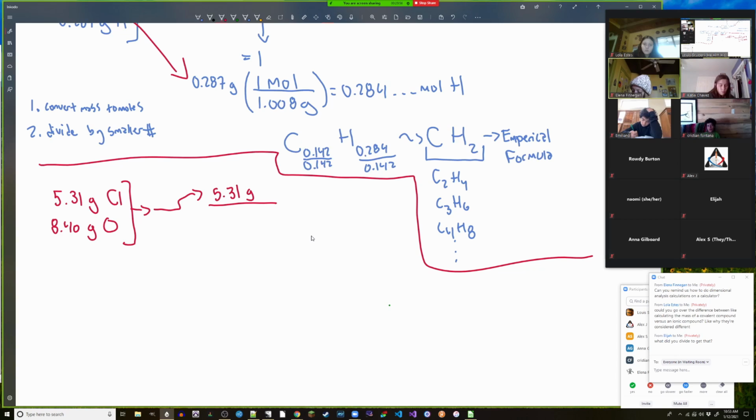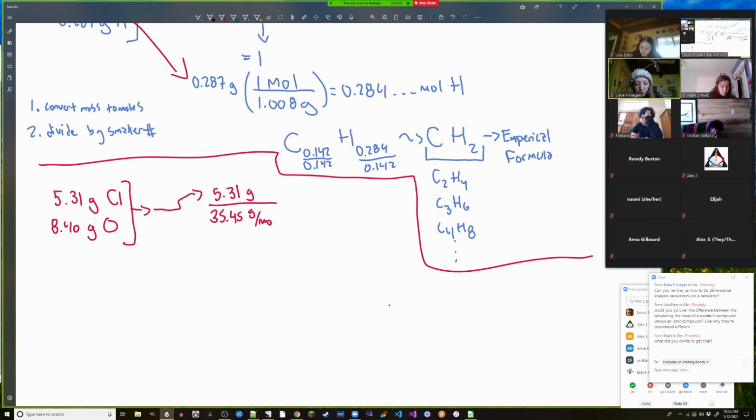I'm going to look it up on my P table. If you want to follow along with me, go for it. I'm looking it up, though it's the very first page of the P table. It's the properties tab up on top. And it's that number that's on the bottom of the square, right? That's the atomic mass or the molar mass, kind of the same thing. 35.45 for chlorine